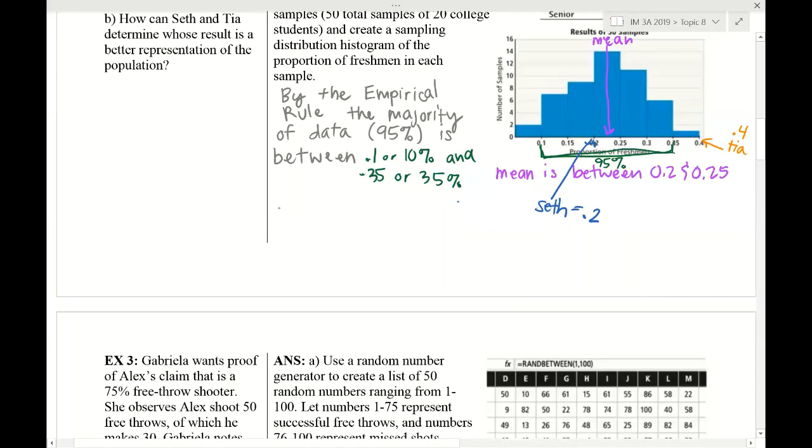So that means that Seth's result is more likely to be accurate because it is closer to the mean in the sampling distribution,